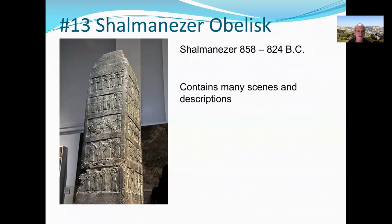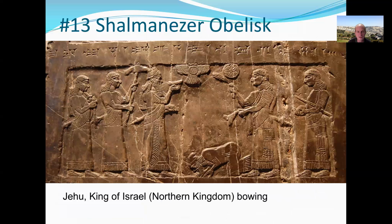Number 13, the Shalmaneser obelisk. Shalmaneser was a king of Assyria, a little bit before Sennacherib, 858 to 824 BC. And this obelisk contains many scenes and descriptions of things which happened during his reign. This one is most interesting because the figure kneeling in the center there is Jehu, the king of Israel, the northern kingdom. He's bowing down before